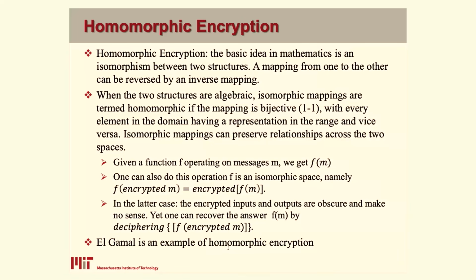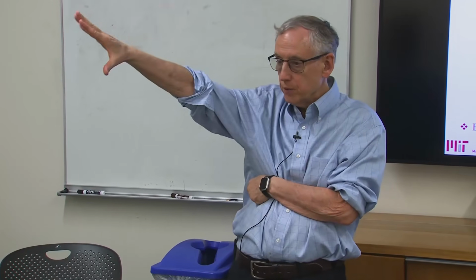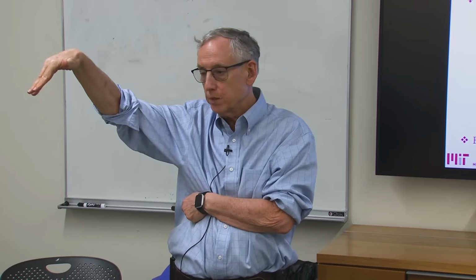If the two structures are algebraic, these isomorphic mappings are turned homomorphic if it's one to one, so that every element in the domain has a representative in the range and vice versa. So isomorphic mappings can preserve relationships, and that's going to allow us to go from the true underlying message spaces to encrypted spaces, being able to do operations on the encrypted space even if you don't know what the objects are,